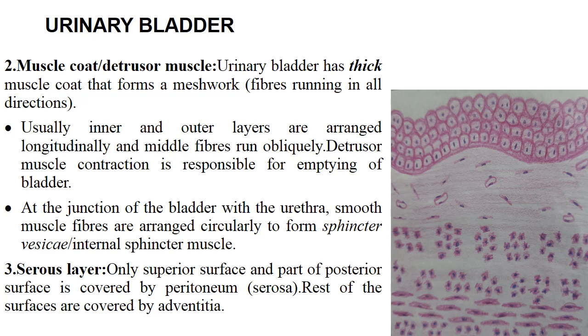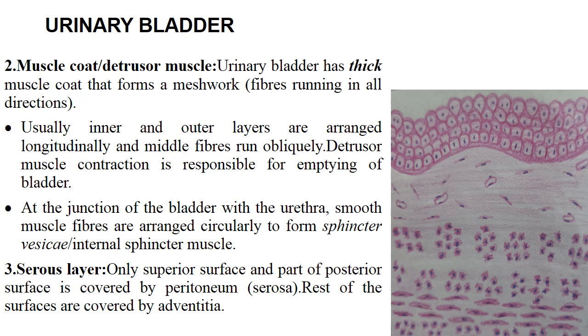Now, again, when we see the gross anatomy and see the interior of the urinary bladder, we see the trigone of the bladder. On each side there is ureteric opening, and towards the apex we have urethral opening. So it is triangular in shape, and the mucosa of this trigone is thin and it is firmly adherent to the muscle coat.